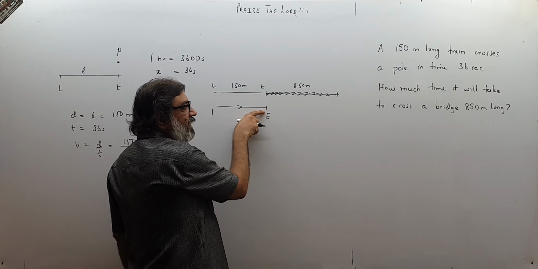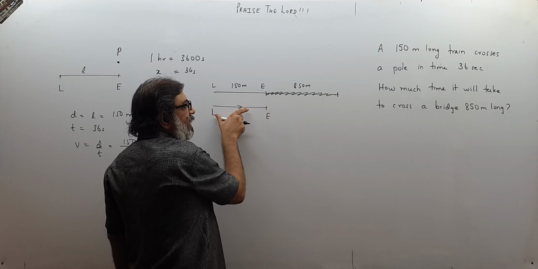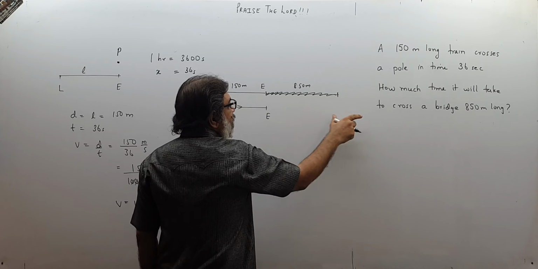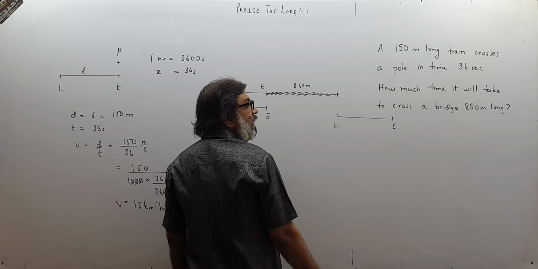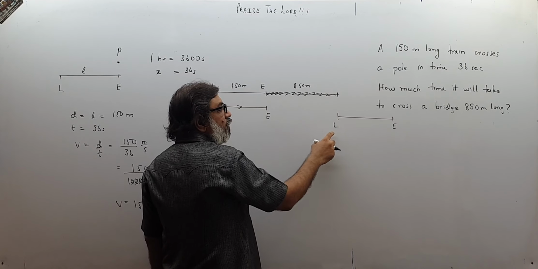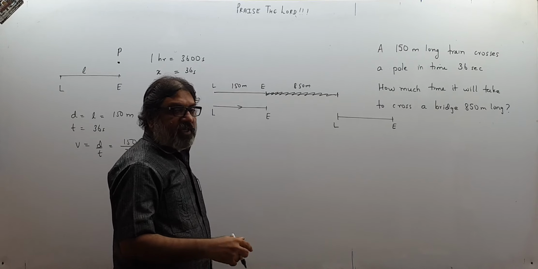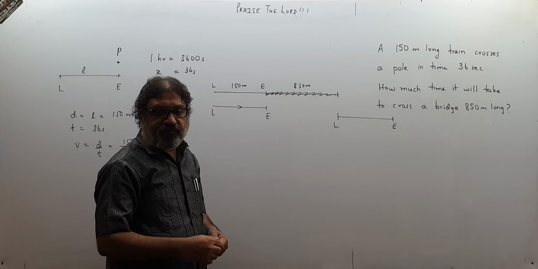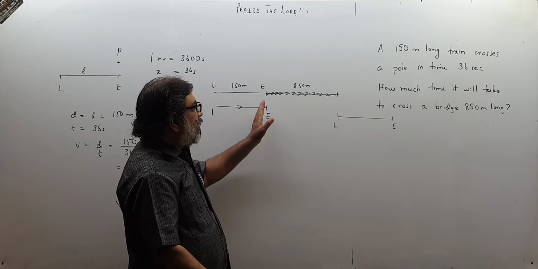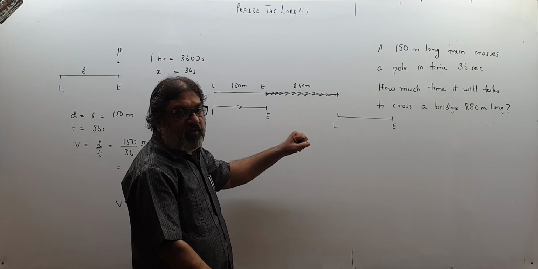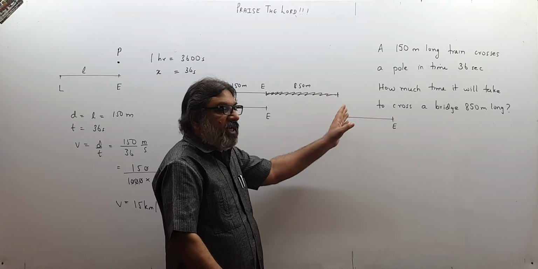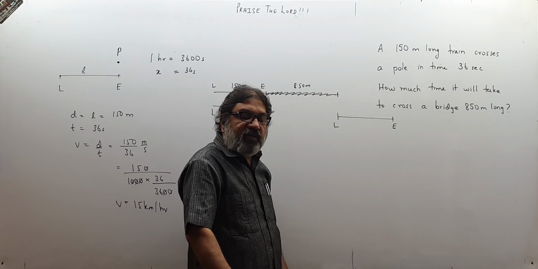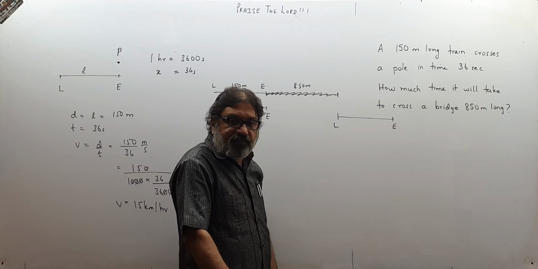Right now the engine comes over the bridge and it moves like this. And then finally, when this is the situation, the engine reaches over here. This is the last point. When the last point crosses the bridge, we will say that the train has crossed the bridge. So when the engine just enters the bridge, we will say the time of crossing has started. And when the last bogie leaves the bridge, we will say that the train has crossed the bridge.